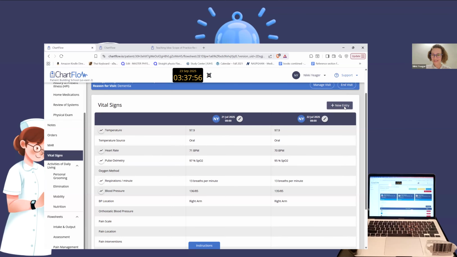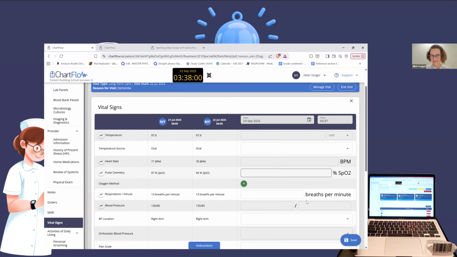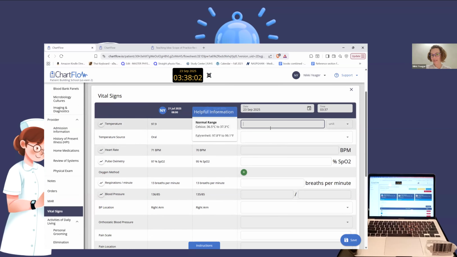It may not be convenient. We may be the only ones that do it. But when you have them do vital signs, if you are prepping them for the United States, we want them to record in those units of measurement. So when they take their vital signs, they can practice doing temperatures in Fahrenheit. So they should know, you need to get them used to, if it's over 100 Fahrenheit,